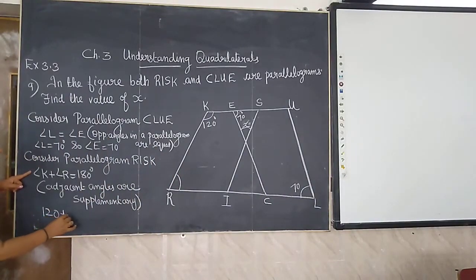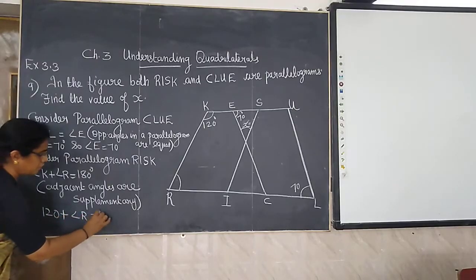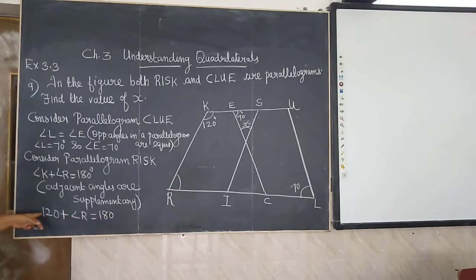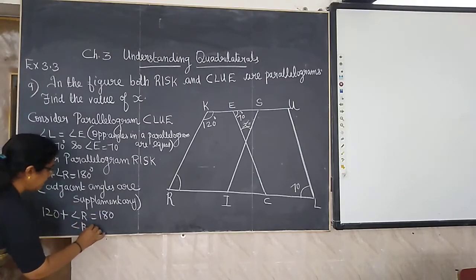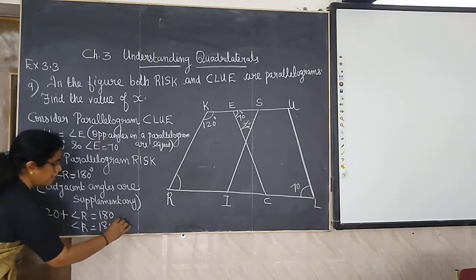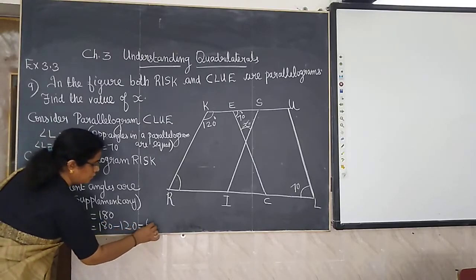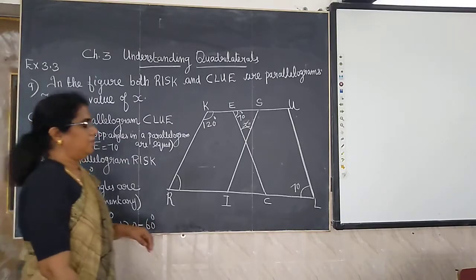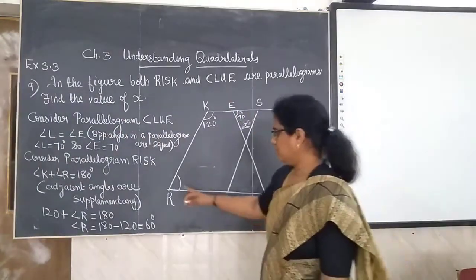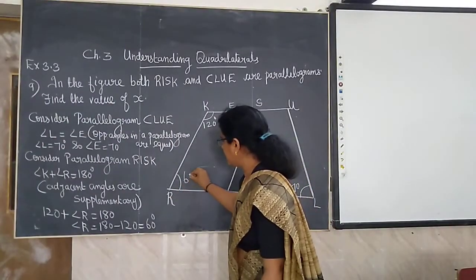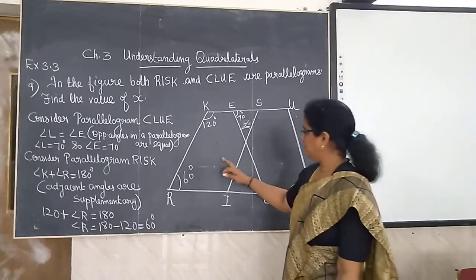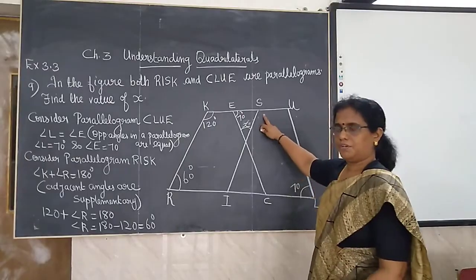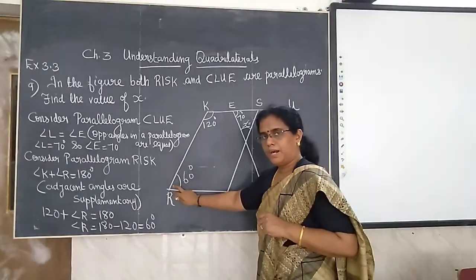Angle K is 120. Therefore 120 plus angle R is equal to 180. From here we can write angle R is equal to 180 minus 120, which is 60 degrees. Therefore angle R we got as 60 degrees. Now we can find angle S, when you consider the parallelogram RISK,